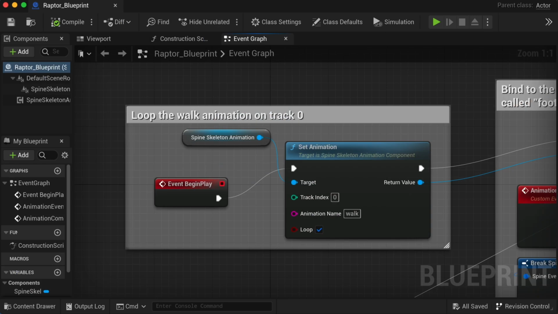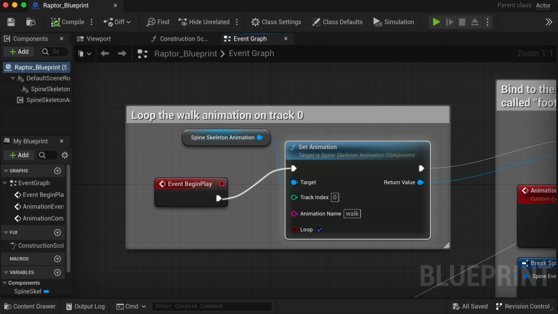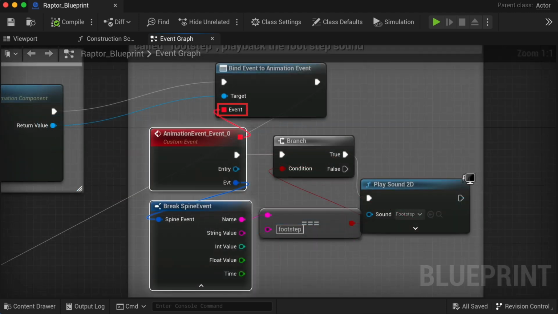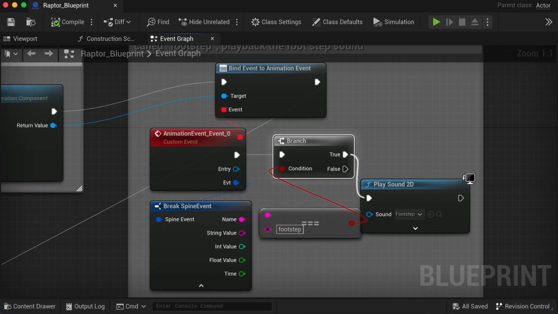In the first comment box, a setAnimation node is connected to event begin play, where the walk animation is set on track 0 with loop active. In the second comment box, the TrackEntry object returned by setAnimation is bound to the custom event via the bind event to animation event node. When we get a user-defined event called footstep, it passes through the true pin of the branch node and plays